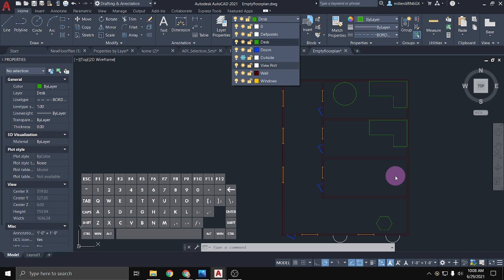So for this assignment, there is a little quiz associated with those different layer properties, just to make sure that you are familiar with what the different functions do, how to add layers, how to delete layers, how to switch layers. And if you need any help or have any questions with the assignment, let me know,